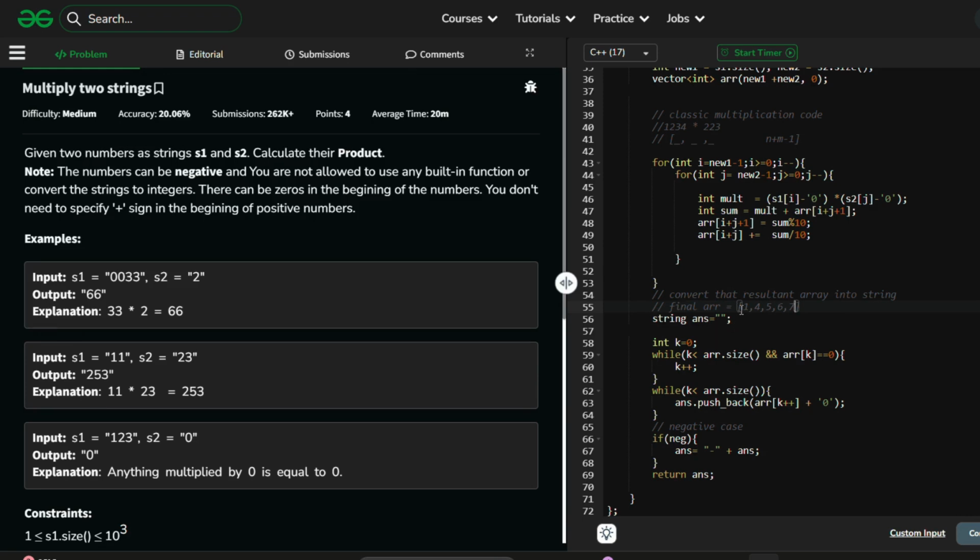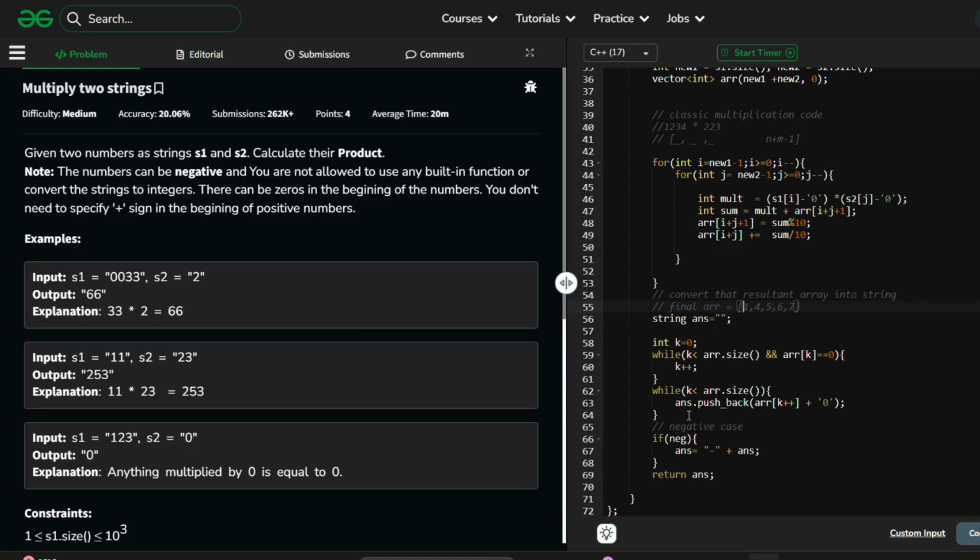Now if there is a leading zero, it may not happen, but if it happens, then we'll remove it using a variable initialized with index k, and the iterator, which would first point to 0, will now point to the second index, 0 1 2. Now it would point to 1 4 5 6 7, and the new array will become like this. Then we'll traverse it and convert into string.